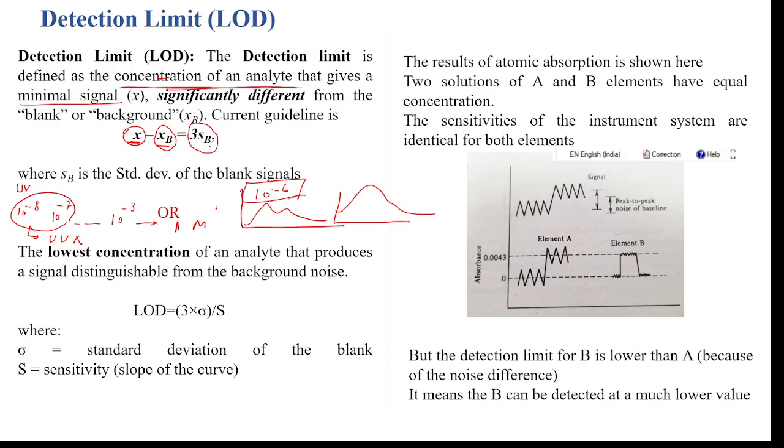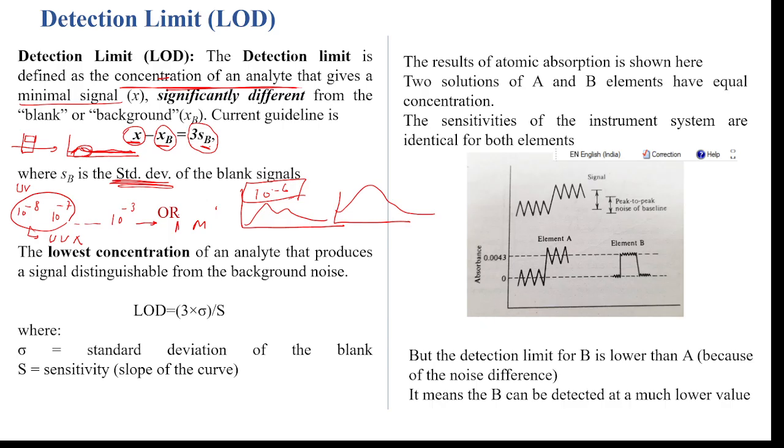3 SB. SB is the standard deviation, and for standard deviation we need to take multiple data from the same instrument. For example, you have taken the same sample, you are not going to change it, and you are taking its UV data. What happened? It will give you like this, then like this. So we take multiple measurements, and you will find that in this area there is some slight deviation from the same sample. So we need to calculate that standard deviation to find out the value of 3SB, and it should be multiplied